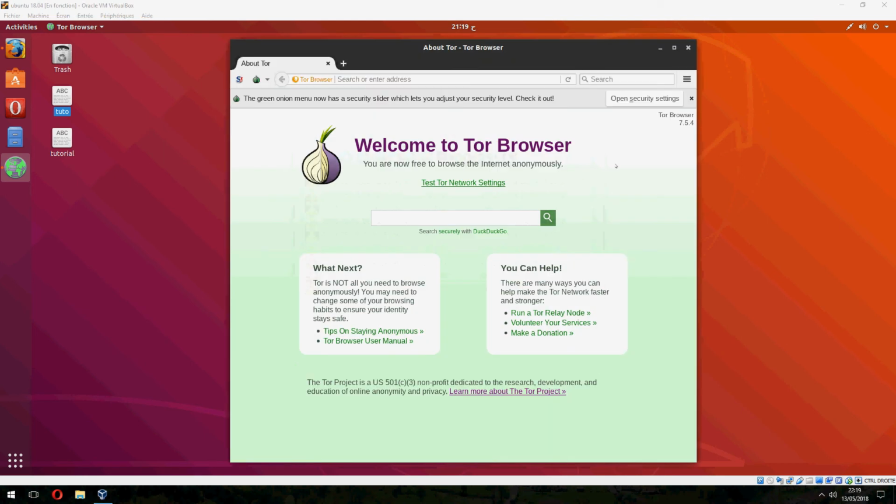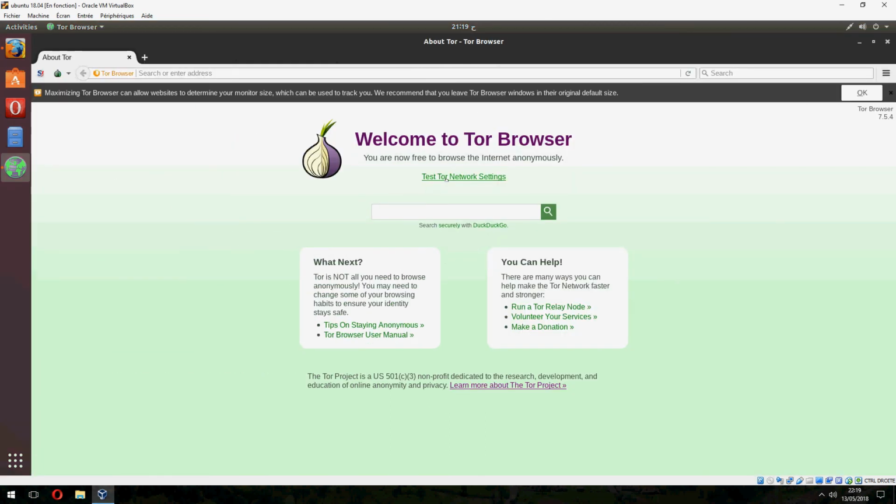And welcome to Tor Browser. So this is how to install Tor Browser on Ubuntu